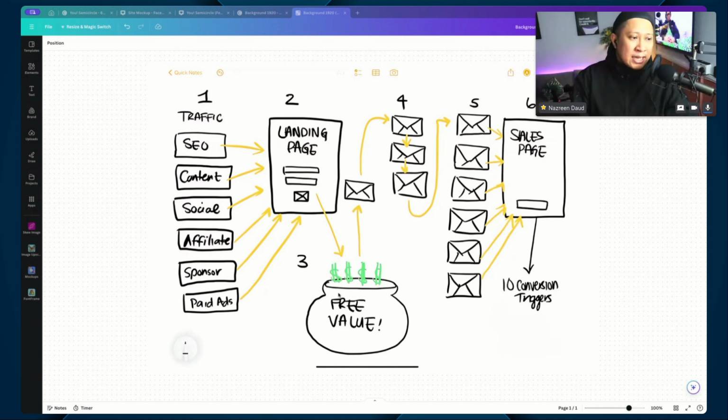And last but not least is the clear and compelling CTA. This is what I mentioned in the previous component about the differences between these two pages. Clear meaning you need to make sure you know what you ask for. Okay, because the CTA should be congruent, should be consistent throughout all the sections in your pages, be it sales page or landing page. If let's say you ask for subscribe above, it should be subscribe all the way until the